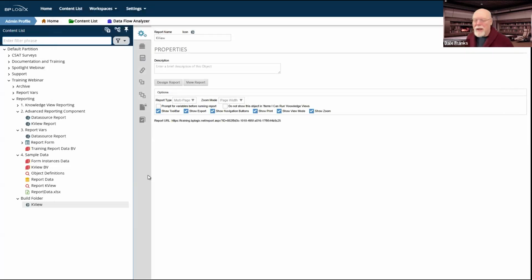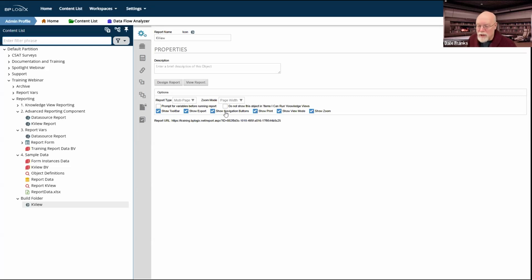We haven't done that. There are a couple of things we can do here in terms of how the UI is going to look for our end users. So we can show or hide the report toolbar. I wouldn't recommend that. Show the export buttons, which I would recommend. Show the navigation buttons.